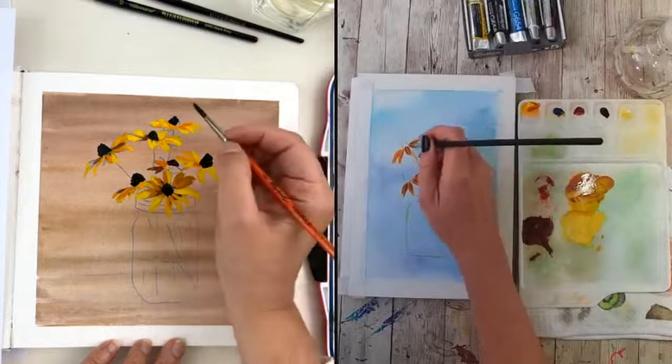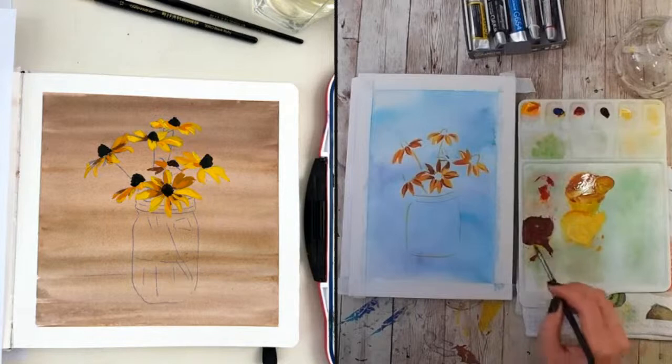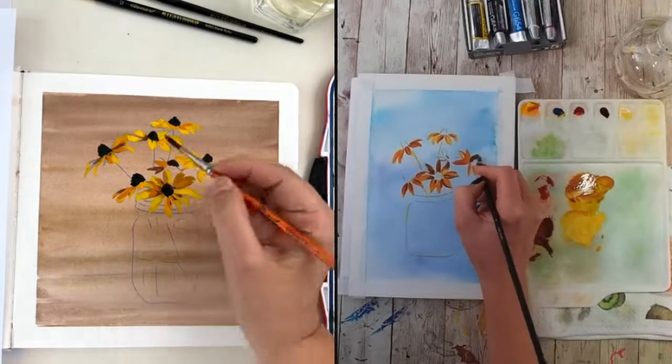Adding a bit of burnt umber to my centers so it's not pure black. I'm not sure it really shows on the image because it's really subtle, but